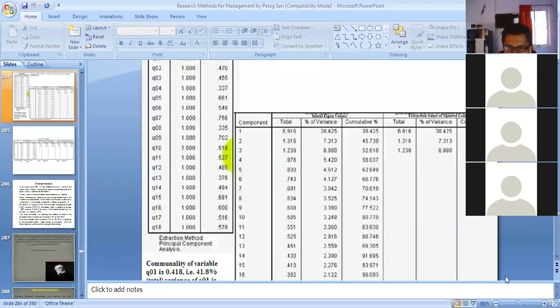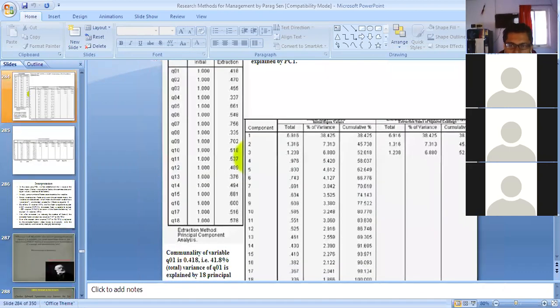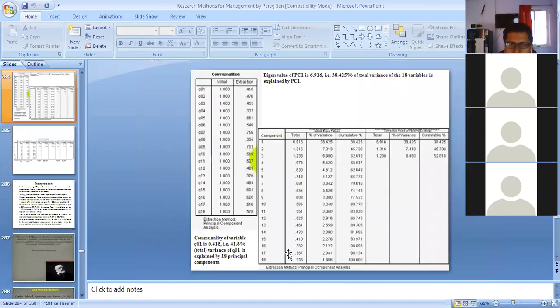Now you will get this kind of interface. I have already explained the communalities; this will be the communality-based table. Suppose you have 18 variables and you have got some value less than 0.3.